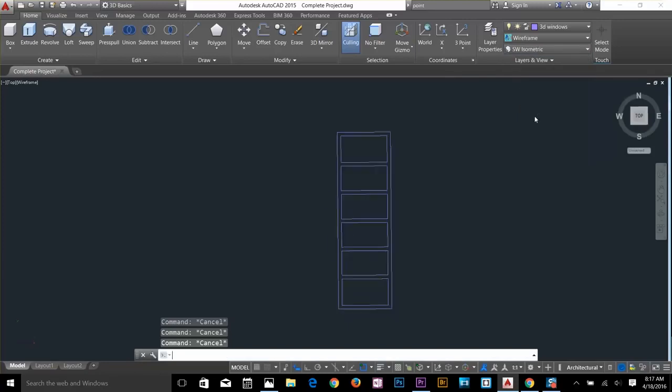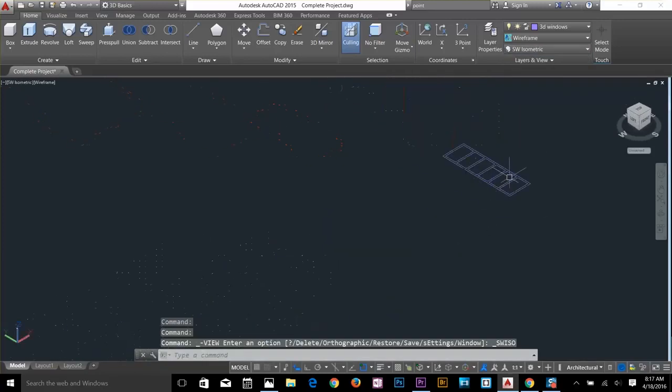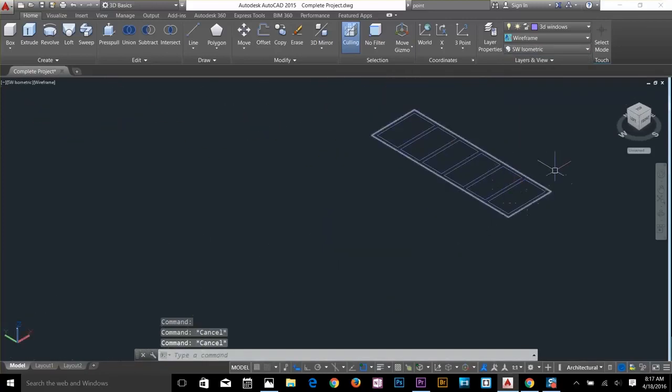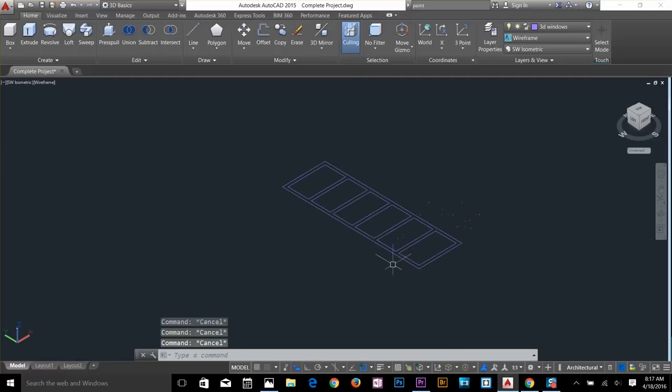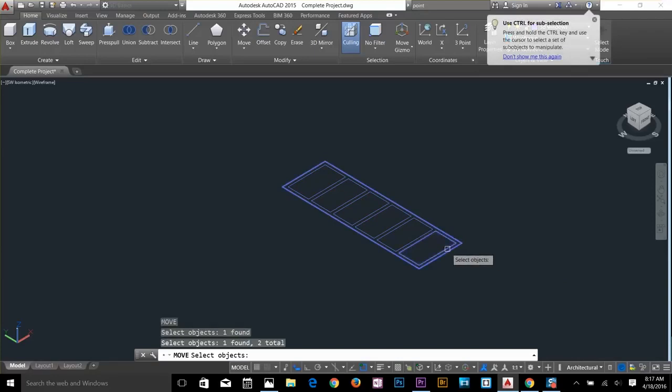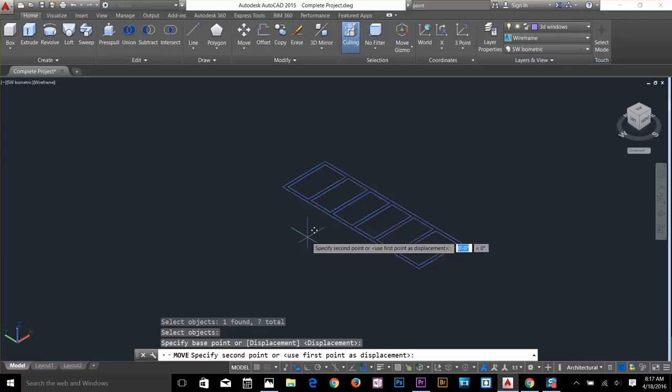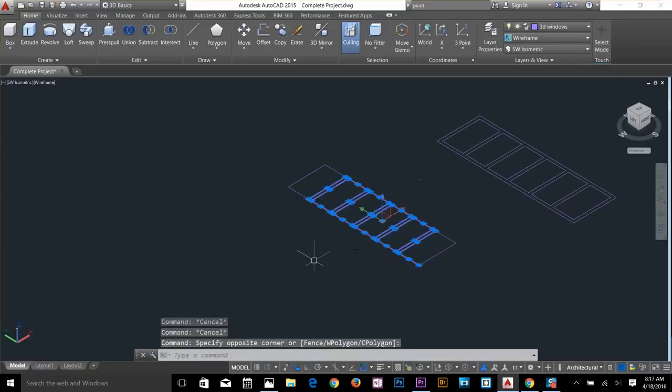Alright, so now I'm going to use my boundary command. First go to your SW isometric view, and as you can see, these are the separated objects. So I'm going to use the boundary command, pick points, click on each rectangle, and now I'm going to move this. Alright, so I'm going to move this here. I'll get rid of these,